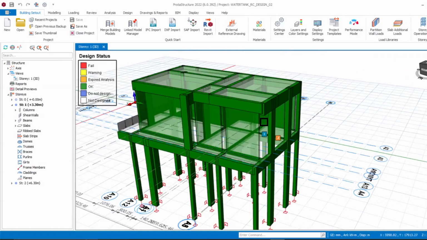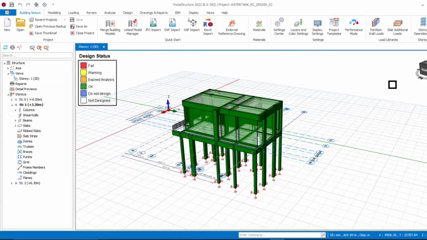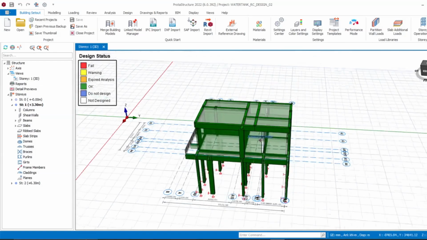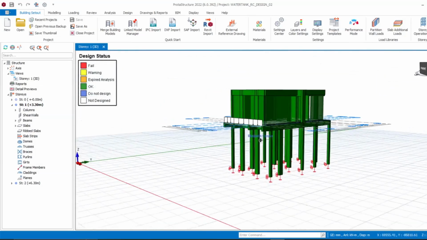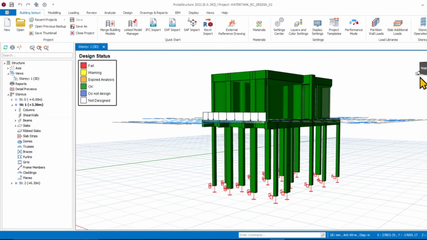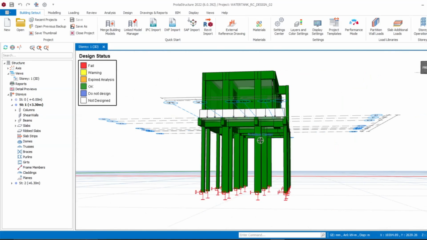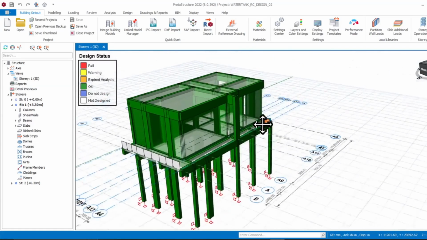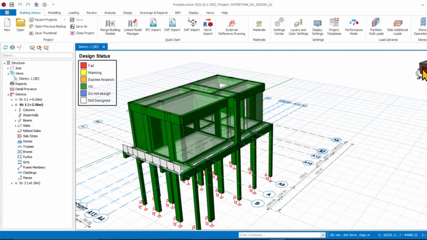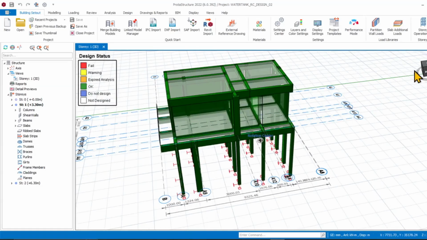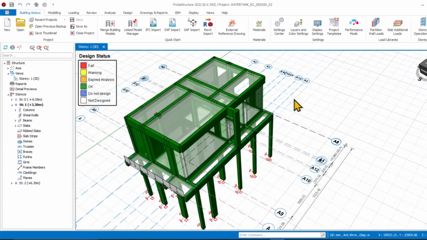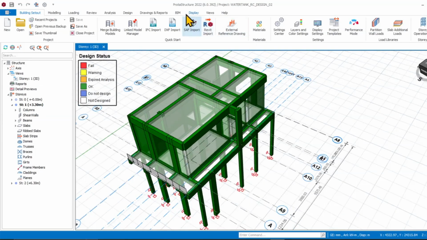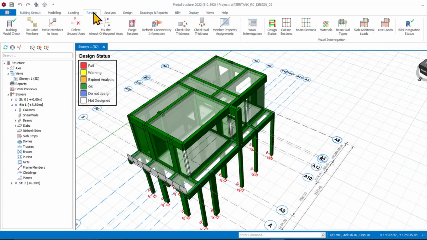In this tutorial, I'll be taking you through the process of inserting pad foundation in ProtaStructure. This is part 3 of this video series, where in part 1 I discussed the concept design, while in part 2 I did the modeling, design and analysis of this model, and you can see the design passed. So according to our design here, if you just come to our design review, you